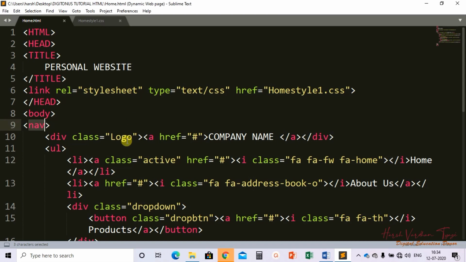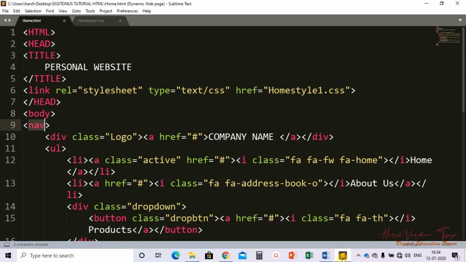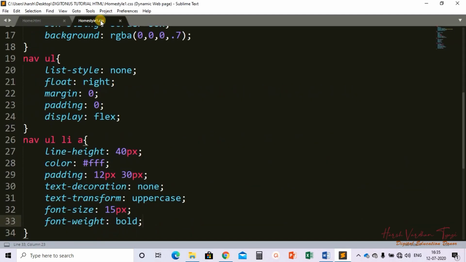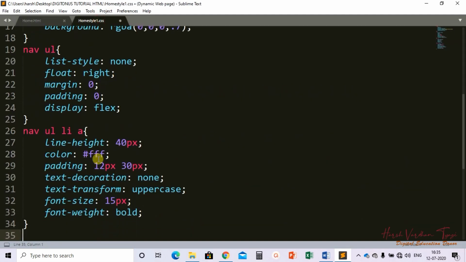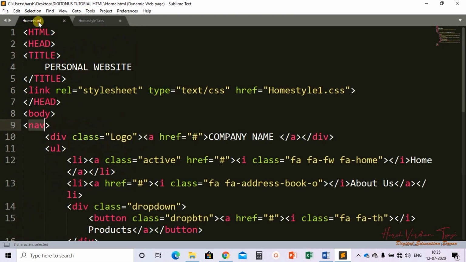To declare a class in CSS, what you need to do is insert a dot and the class name, logo, and then the anchor tag we are using, a. The dot logo a means that we are working with the logo class, and within the logo class we have this anchor tag.